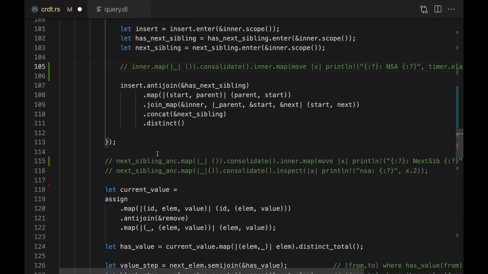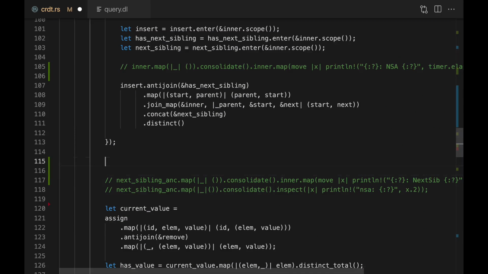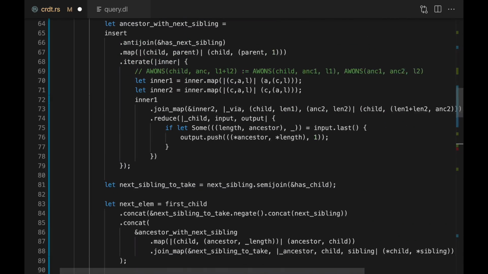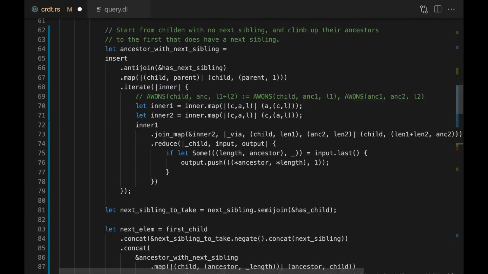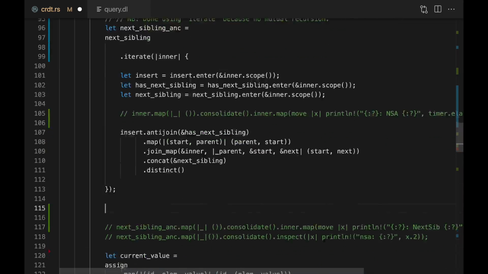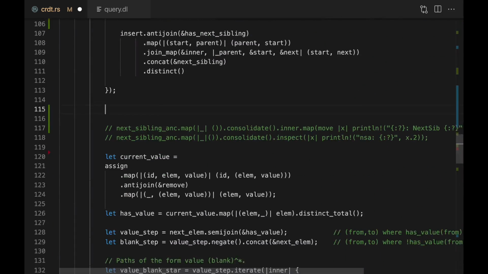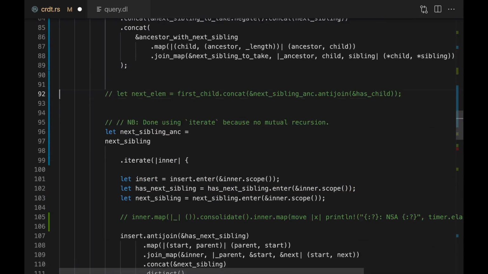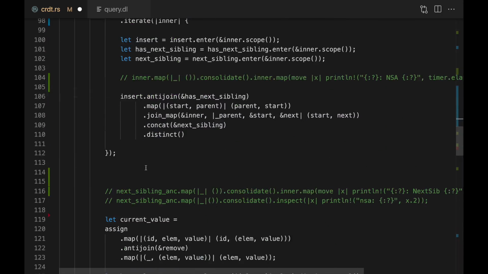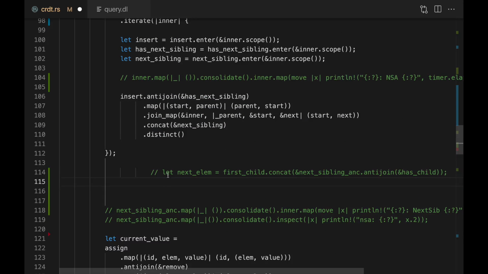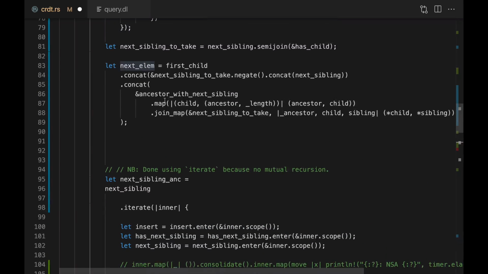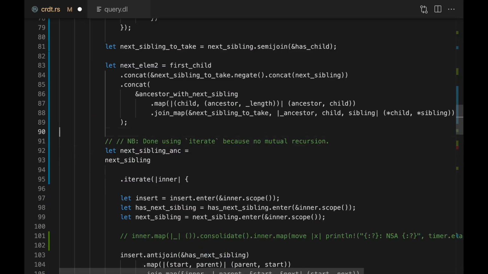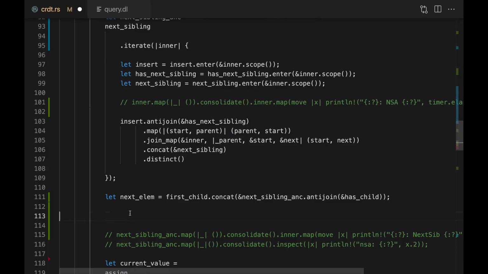So let's do that right here. I believe that there is two next elements. Oh, I stole it and I changed it. Okay, hold on. Put this back down here. This will be next element. This one up here can be next element 2. We're not really interested in switching over to the new implementation until we're comfortable that it's